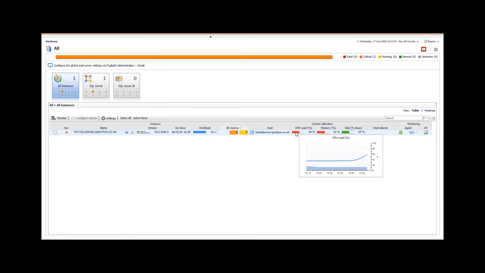But at this stage, that could be related to some high amount of workload on the instance, or it could be related to something running on the guest operating system, or indeed it could be something to do with a limit at the hypervisor level that we need to look into. But we'll just investigate a couple of different areas that we can view this. So first of all, let's just check the workload.